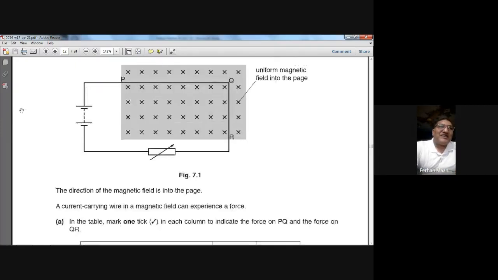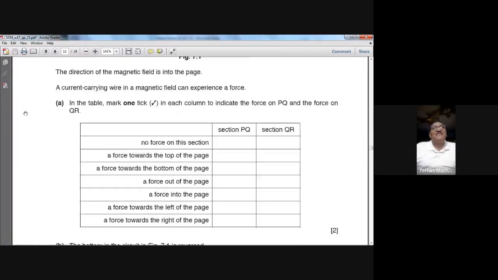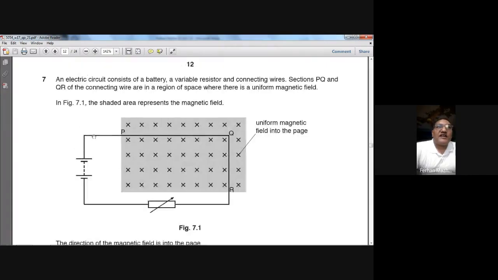Okay, let's move to the question I was explaining to you. The direction of the magnetic field is into the page. A current carrying wire in a magnetic field can experience a force. In the table, mark one tick in each column to indicate the force on the PQ and the force on the QR. Because from positive the current is coming, on the PQ,